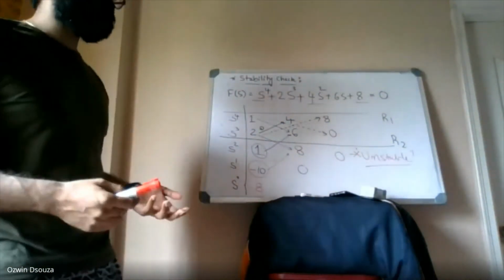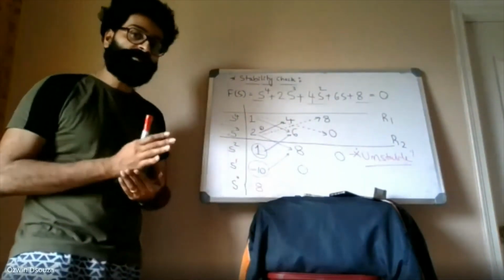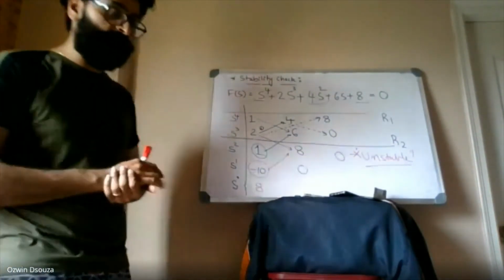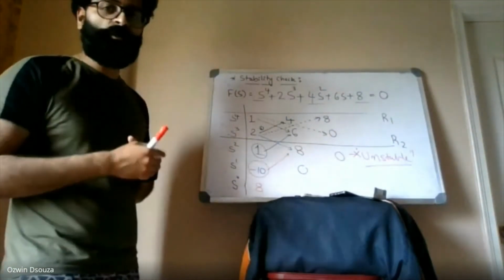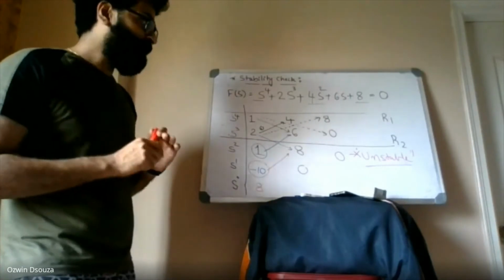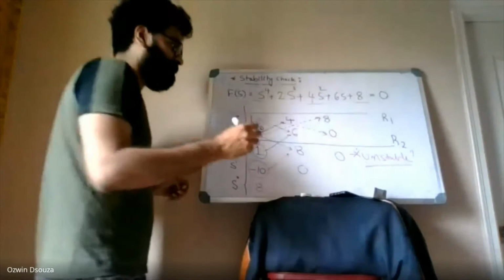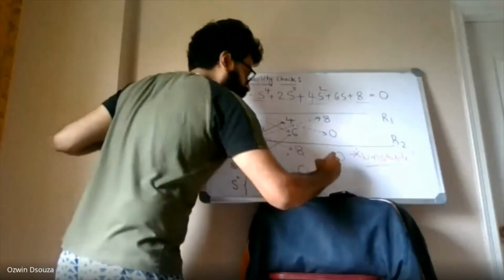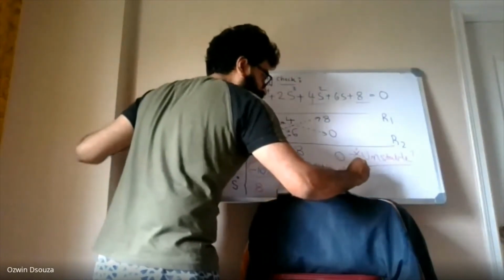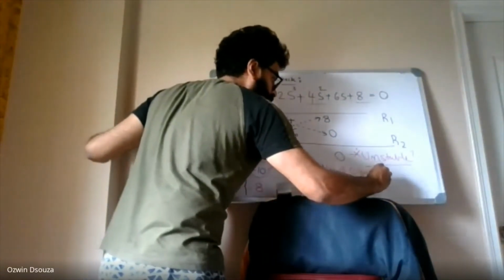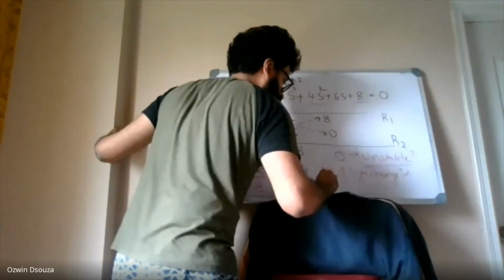If the system is unstable, then you can always say that there are some roots which are present on right half of the S-plane. Okay. Now, how will you find the roots which are present on right half of the S-plane? So remember one thing, Routh-Hurwitz criteria also mentions that number of sign change in first column.